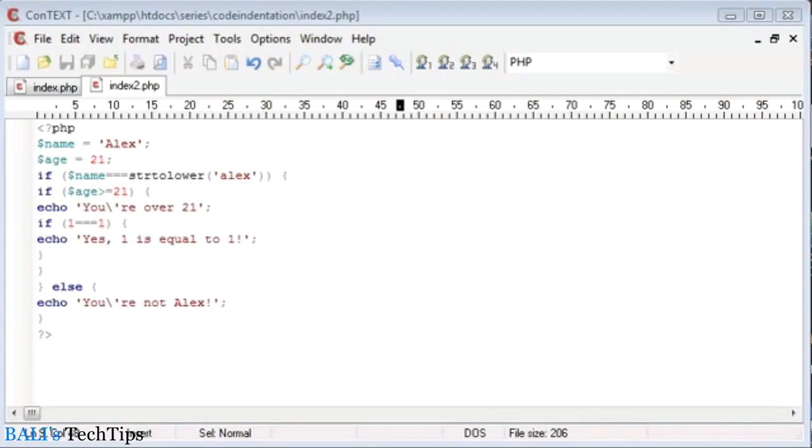Now in this video tutorial I'm going to be talking about code indentation, what code indentation is and why it should be used. Now for an example, let's take a look at the following file. I've got index2.php. Now this file works, it works perfectly in fact, apart from one thing I've just spotted,